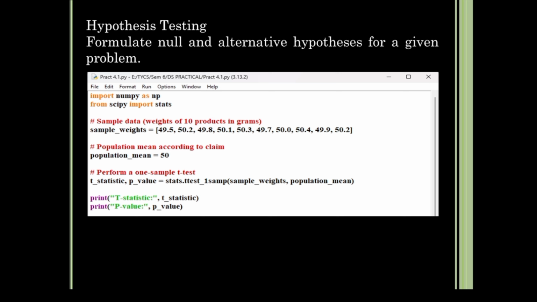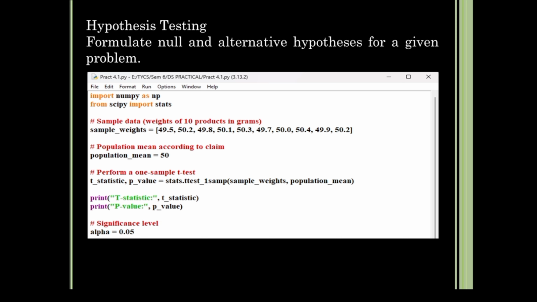After that, we have the p-value. The p-value is the probability of getting this result if the null hypothesis is true. So it helps to decide whether the difference is significant or not. And what does this function actually do? It calculates the sample mean, standard deviation, standard error, and p-value. Print the statistics, then t-statistic, comma t_statistic. It prints the calculated value and shows how much deviation exists. Next, we have print p-value, comma p_value, which prints the probability value determining the final decision.